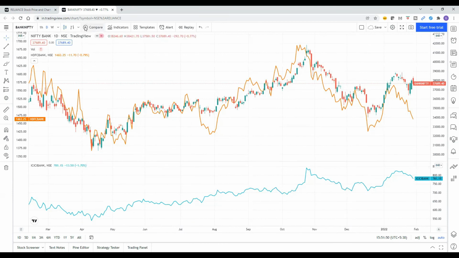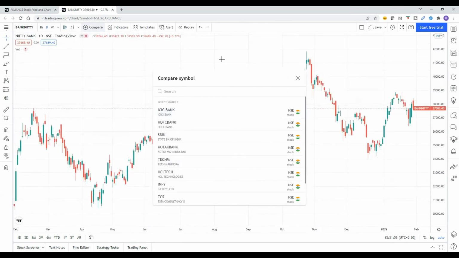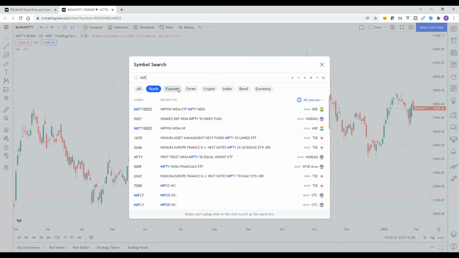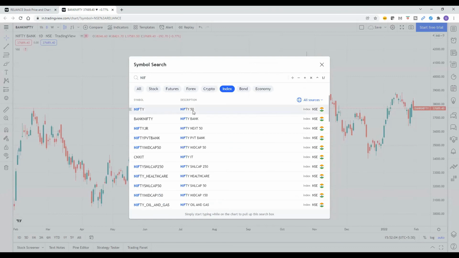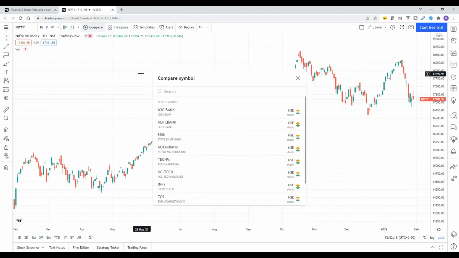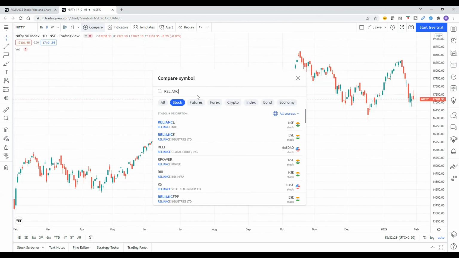Let me show you that. This is a very important tool, that's why I'm taking time. Now I want to take, let's say, Nifty alone. This is Nifty. So you want to check how it is going. Along with Nifty, you can compare with other top Nifty stocks by weightage, like Reliance Industries, right? Based on Reliance Industries doing good, the index goes up, in most of the chances, right?